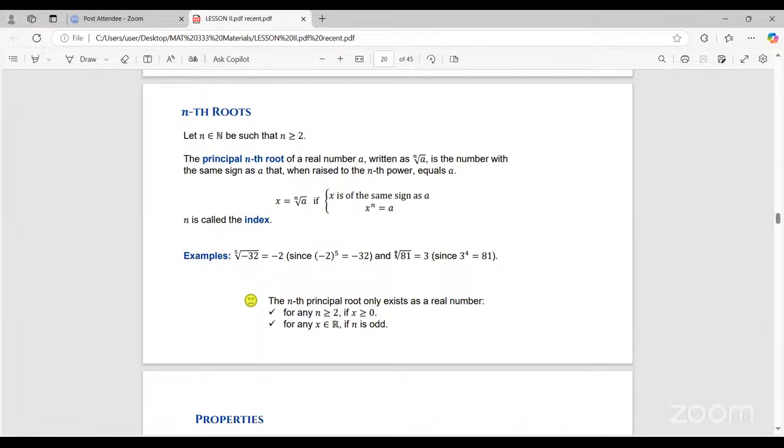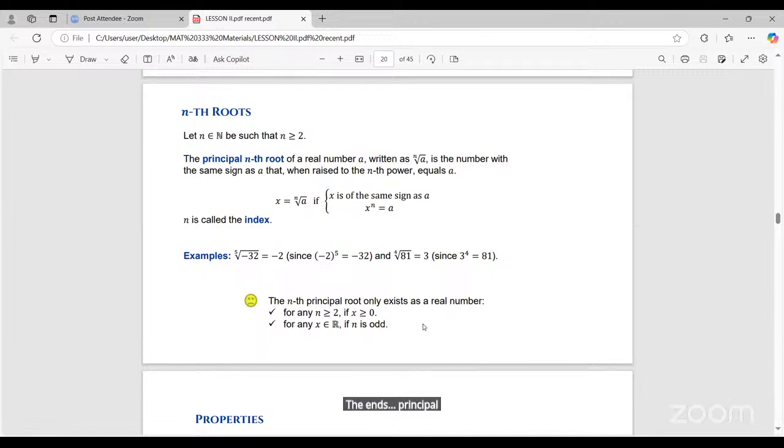And we have the fourth root of 81 equal to 3. Since we have 3, just do 3 times 3 times 3 times 3. Okay, 81. Since we have 3 to the power 4 equal to 81,